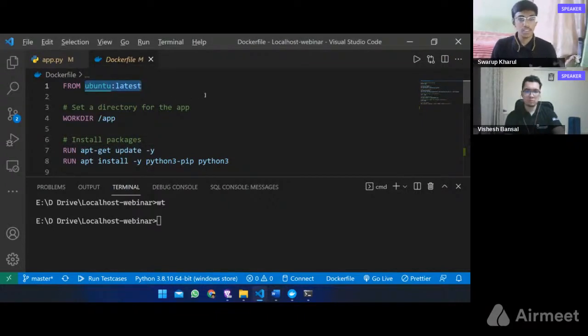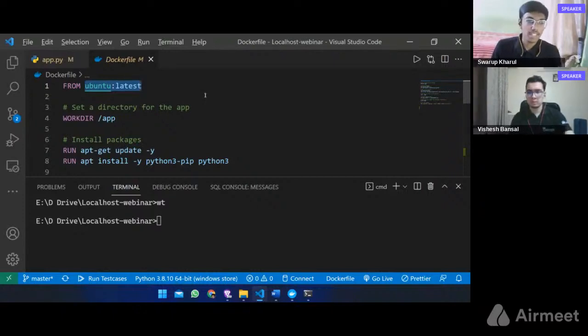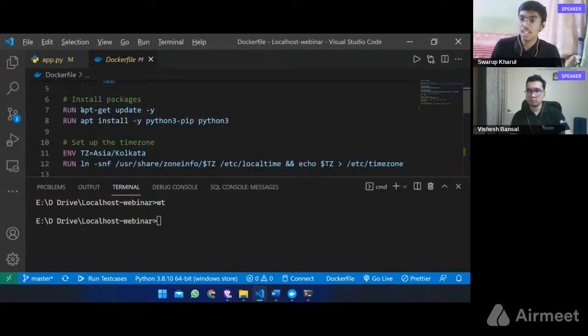The next step is usually to write the commands of copying the files and installing the dependencies. First, we set a working directory and then copy all the files from our application. So here we are setting up our working directory, which is app. Then we'll update our OS using this apt-get update. Then we'll install basic packages like Python 3 and Python 3 pip in order to run our application.